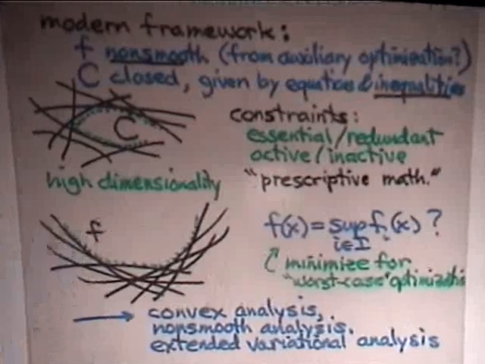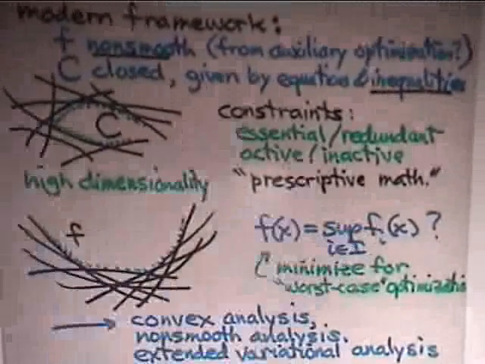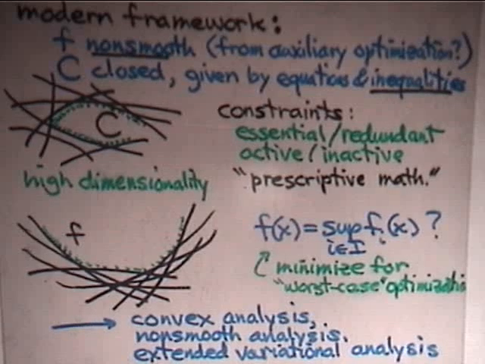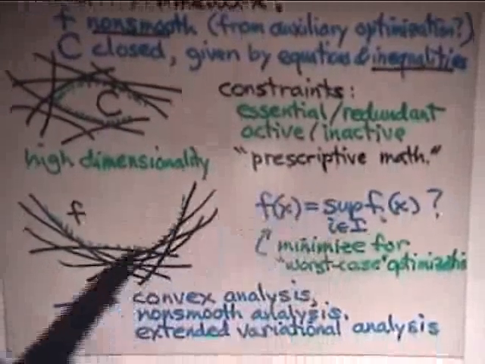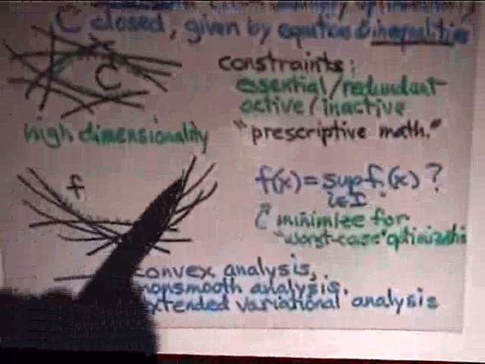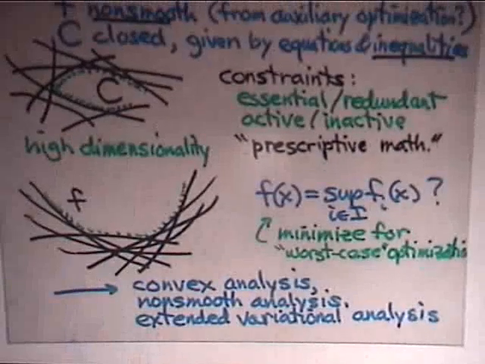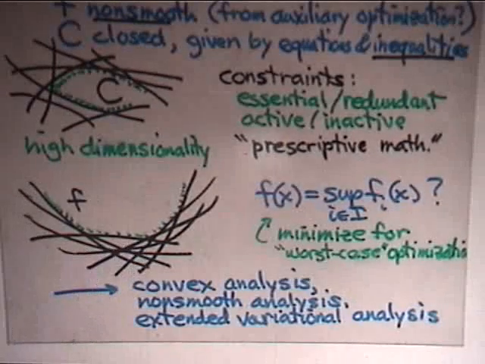I want to minimize something. Think of it as a cost. The trouble is I don't know exactly which cost function applies, because maybe there's something in the future, and I don't know which one will be presented to me later. So I could look at the worst of all possible cases. So graphically, that means taking the upper envelope of this collection of functions, and it's obvious that even if these functions f_i are smooth, the function f can fail to be smooth, at least at a number of points.